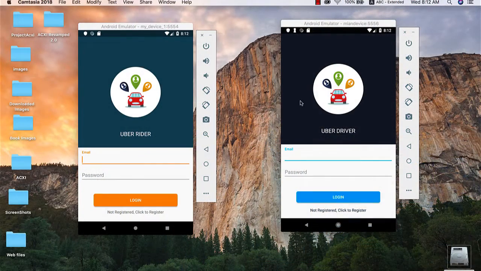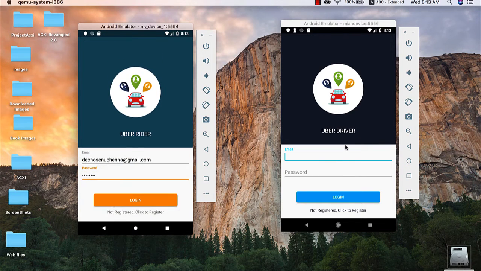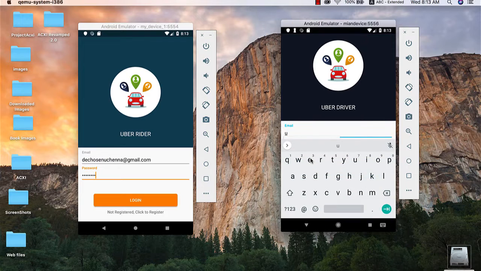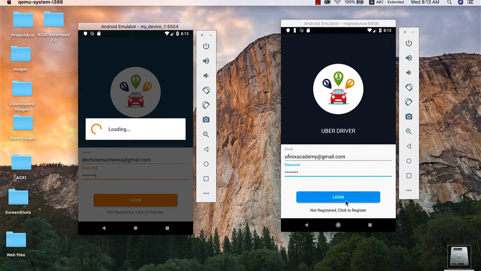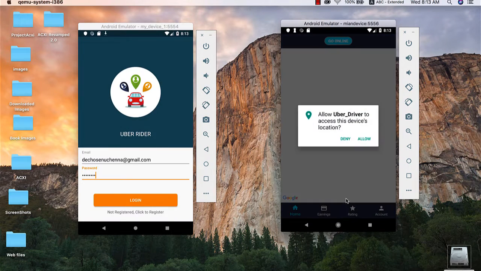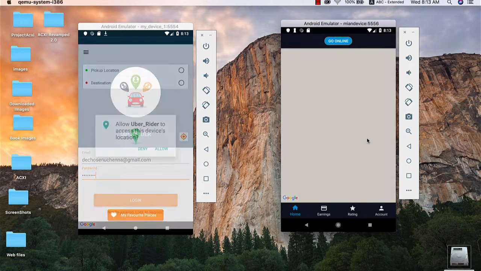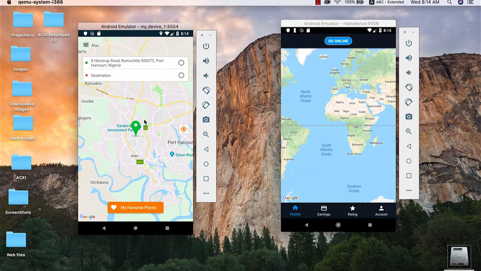Okay, this is the rider app and this is the driver app. I'm going to go ahead and log into the rider app. I'm going to log into the driver app. Okay, so I'm going to click on login. Alright, so let's go ahead and click on allow. On the left we have our rider app and on the right we have our